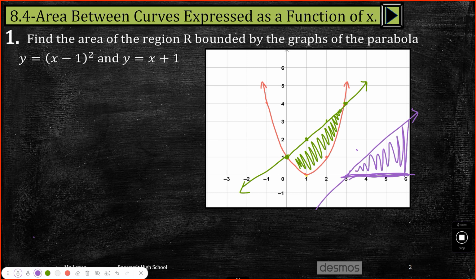But now this x-axis could be something else, which instead of the x-axis is the parabola. So we're doing the top minus the bottom here. So it's the same, it's just that you have 2 curves instead of just having that. So let's do the integral of this to find the area. So the area is going to be